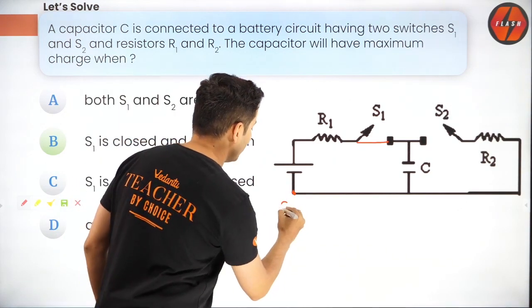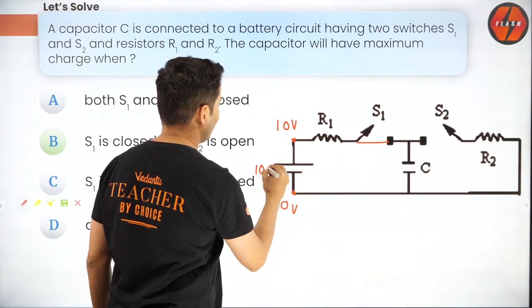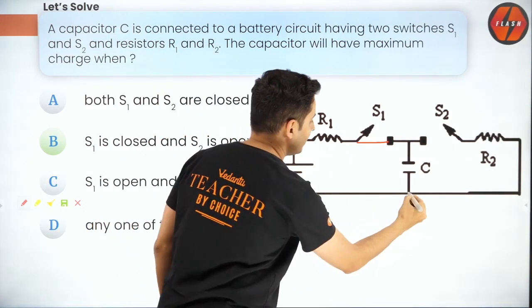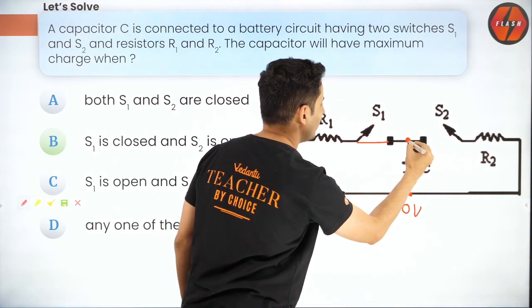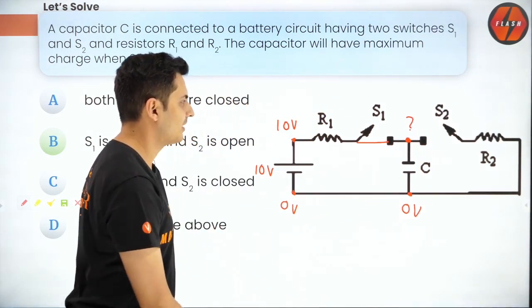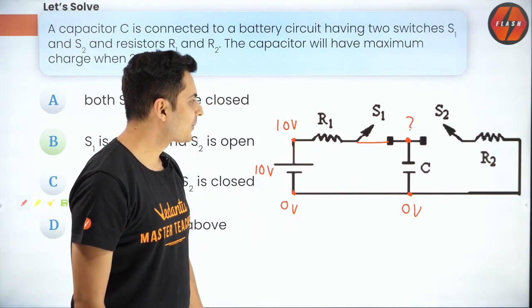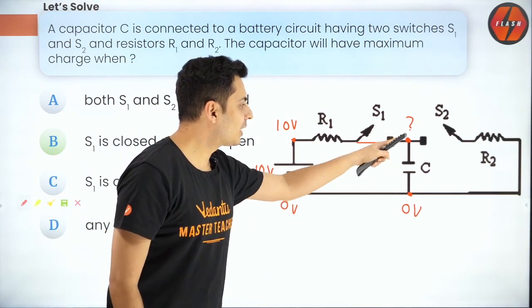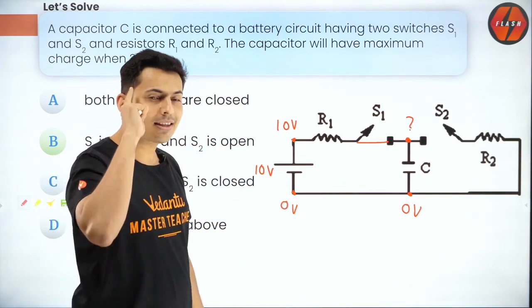If this is 0 volts, if this is a 10 volt battery, assuming, then this is also 0 volts. But then what will be the voltage of this point? How do you know? You won't know it because you do not know what is the charge stored in the capacitor, right? But think again, guys,